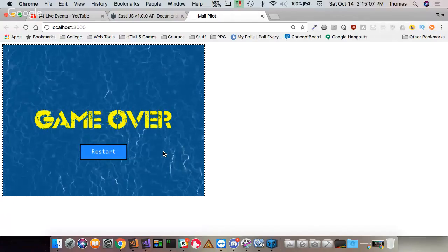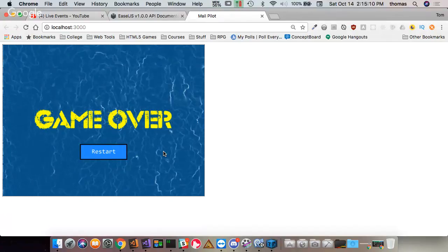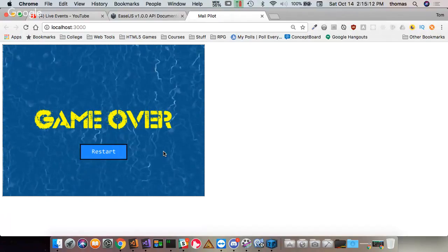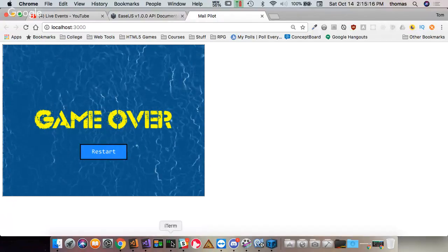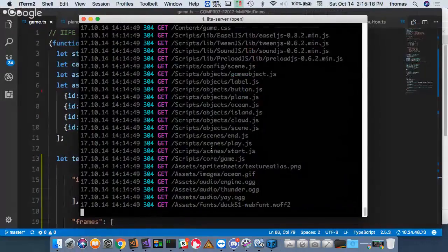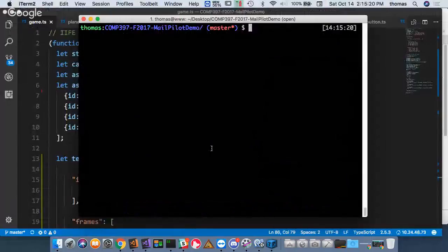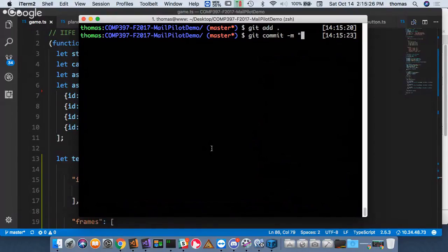So that's the first step, swapping everything for sprites. Whew, that took me a bit of time. I'm sorry, but this is the process, my friends. Right? Okay, so let's stop this. It's a good place to stop. Clear the screen. Git add dot. Git commit -m, and I'll say